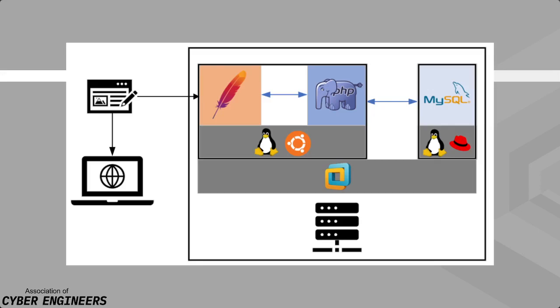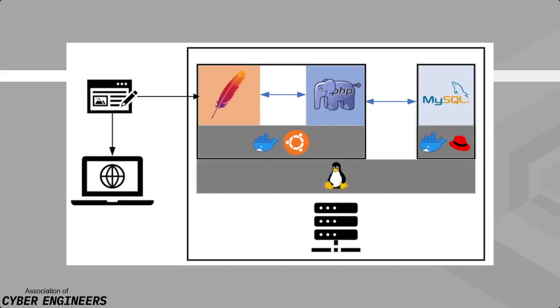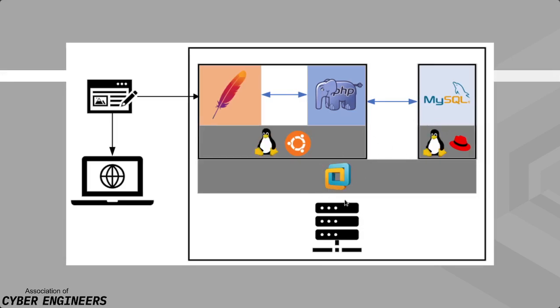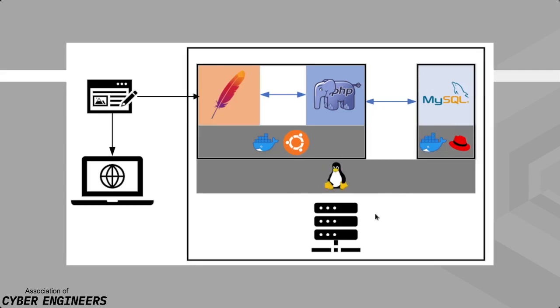Now the year is probably like 2013 or 14. I don't know when these things came out. And I switch to a container environment. So now, instead of running a hypervisor, I'm back to running just bare Linux on my server. And on Linux, I'm running Docker. And so now I have my Docker container running Ubuntu over here, and my Apache and PHP server are going fine right there, and I've got my Docker container running Fedora Linux over here, and that's running just fine.